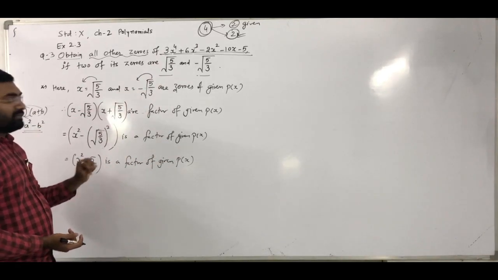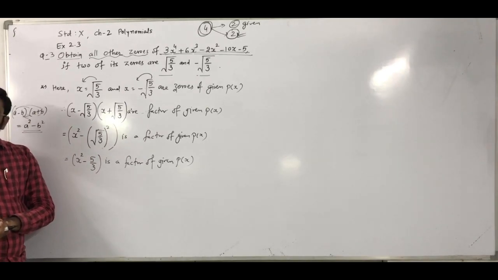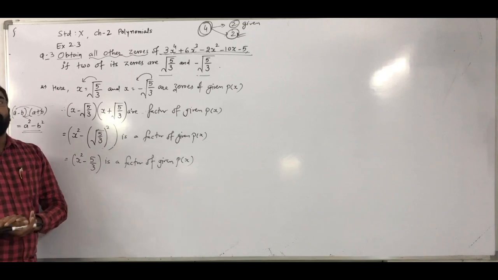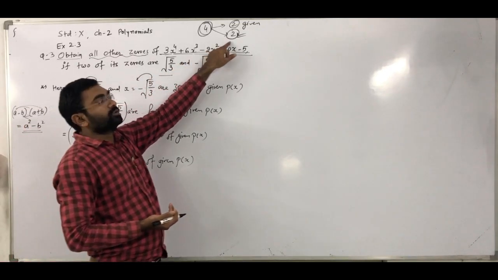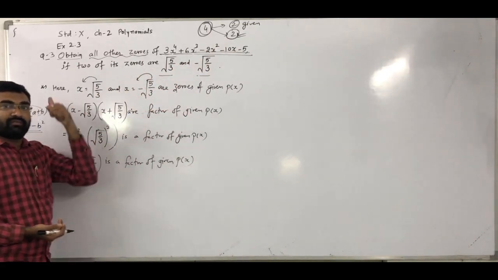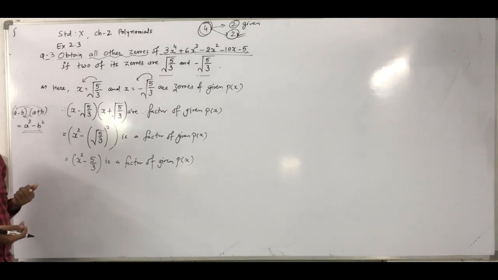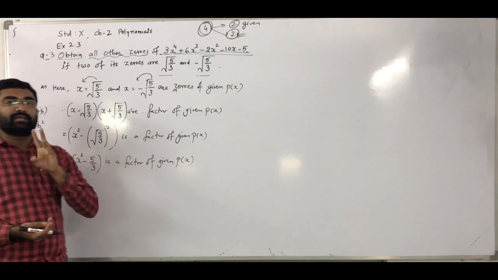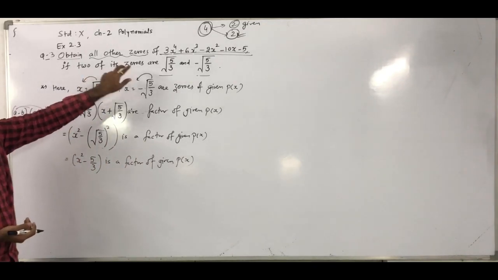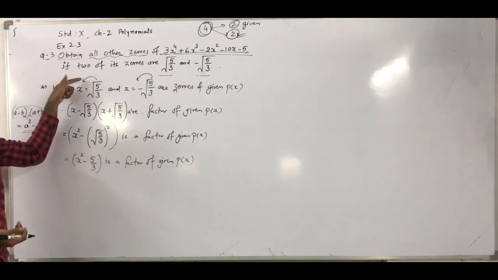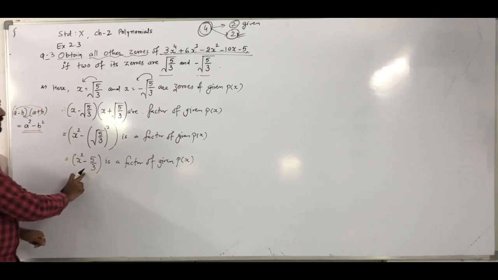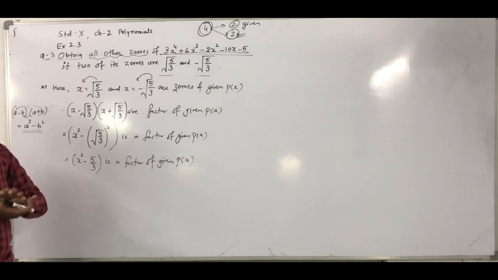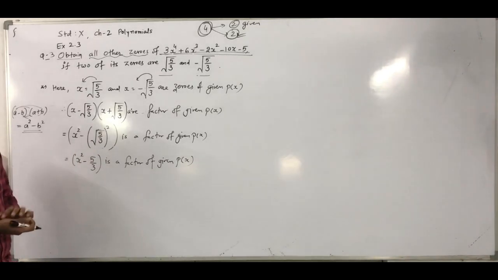So whenever you divide, you get the remainder as 0, and whatever quotient you get, you have to find out which are your remaining two zeros. As we defined in our question number 2, whenever any polynomial is a factor of another polynomial, you get the remainder as 0. So from the given question, these are the two zeros given. From these zeros we defined this one as a factor of the given p of x. That's why you can say its remainder is 0. So we have to do the division.